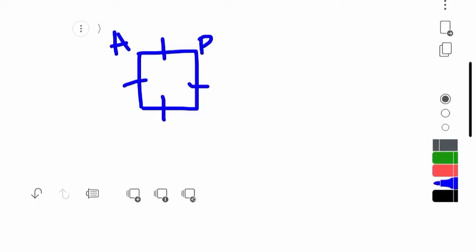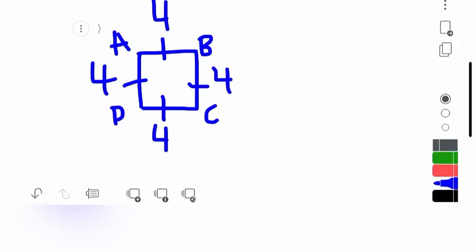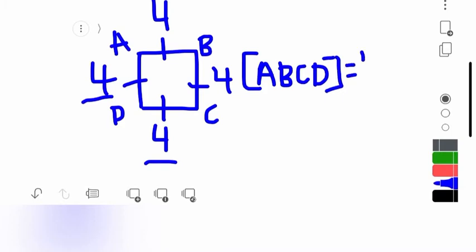We can also find the area of a square. So let's say we have the square right here. We know that all of the sides are equal, and let's name this A, B, C, D. Let's say one of the sides is 4. This lets us know that every single side is 4 because all the sides of a square are equal. What we would do is multiply the base times the height, because the equation for area is base times height, and that gives us the area of 16. This is also where the term squaring comes in, because we are multiplying these two numbers